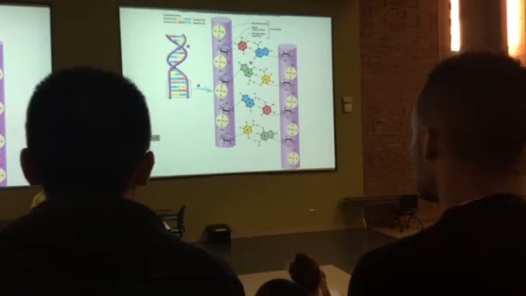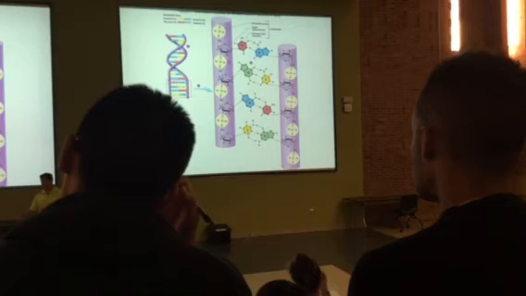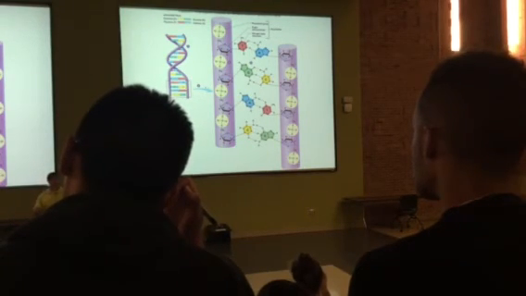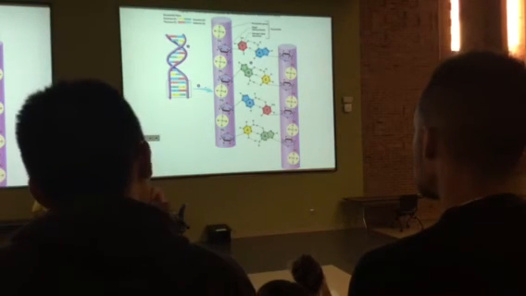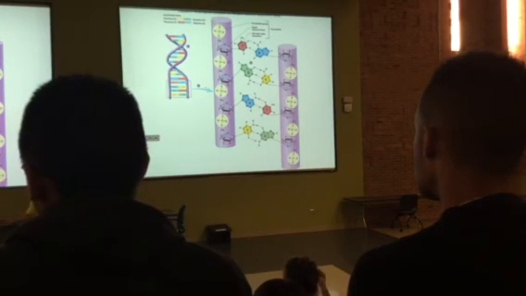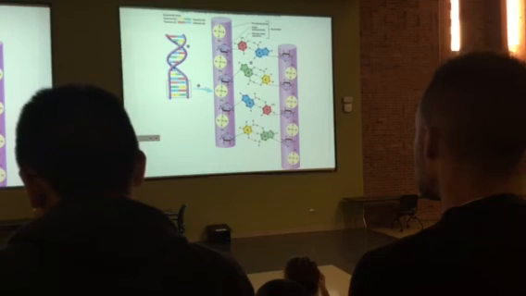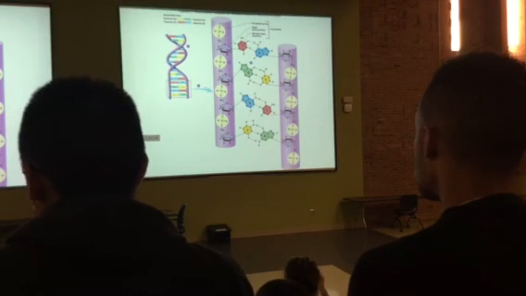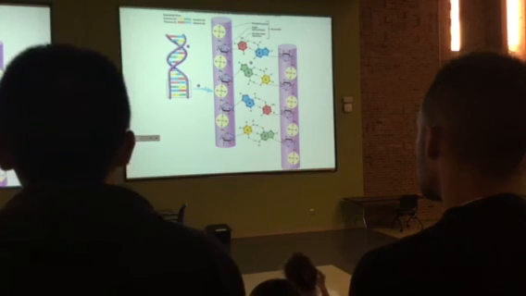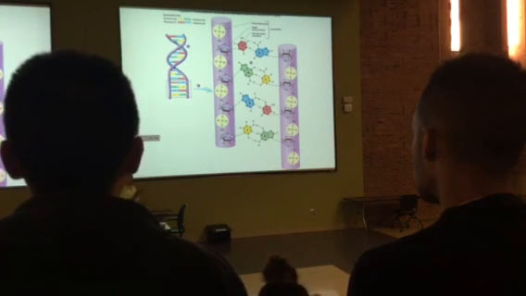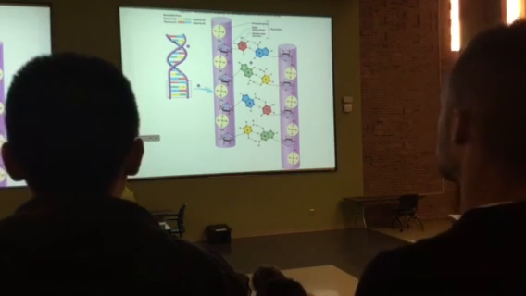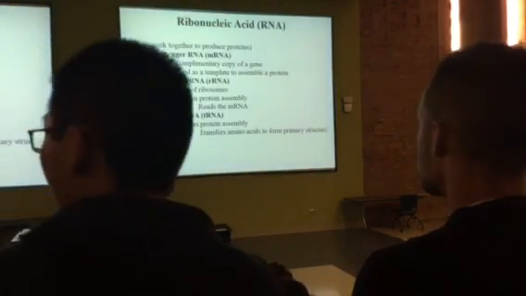It's like if you're at my house and I have a recipe book, and you see this recipe that's in the book, and you can't stay at my house and make it, you've got to leave, and you ask, can I take your recipe book home with me? No, you can't have my recipe book. So what can you do instead? You can make a copy of my recipe, and you can take it to your house and make it. That's pretty much what's happening here. You can't get the DNA out of the nucleus. You can't remove the recipes. So a copy of the recipe needs to be made. That's what mRNA is. mRNA is a